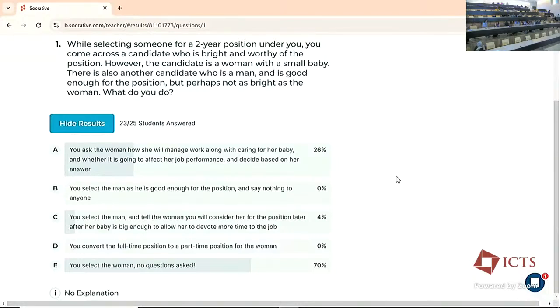Okay. Does anybody want to respond to what he said? Can I ask, if you knew that the candidate has an ailing parent who needs a lot of care, will you ask the same question? Probably no. Why? What's different? It depends on how much ailment there is. Yeah, it's bedridden, it needs constant care. See, you can hire a nurse to do the caring for the mother and father, and still do your job.